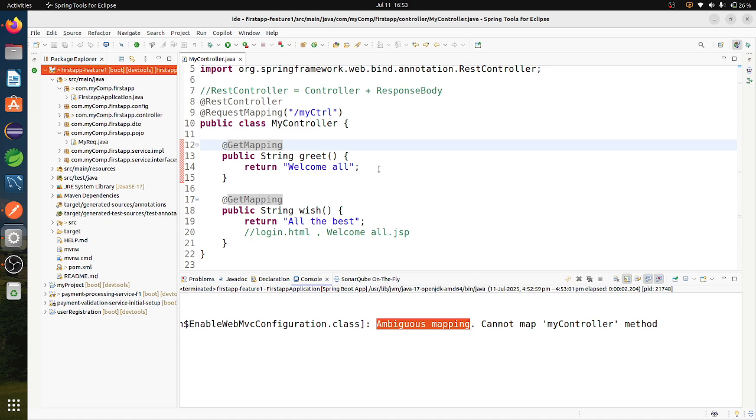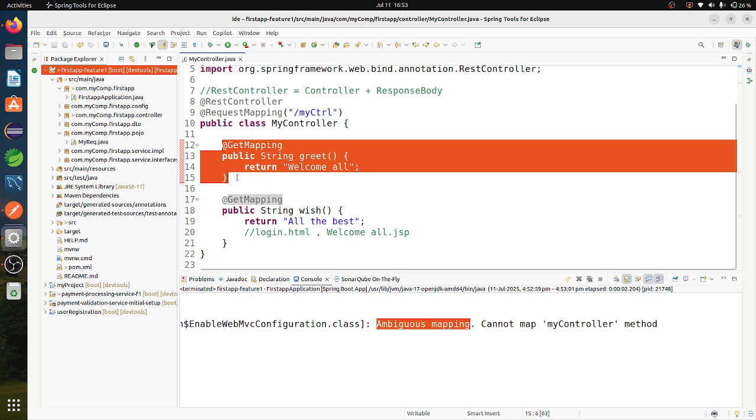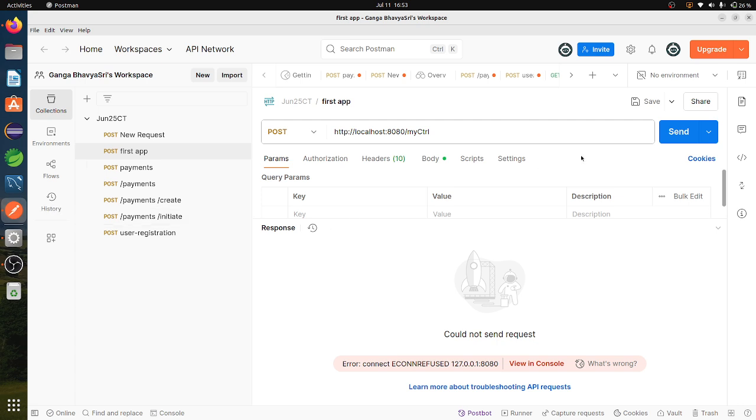If I want to solve this ambiguity error, there are three ways to solve this. Either remove one method. This is one way, which is not the best one. I'm just saying it to solve this.